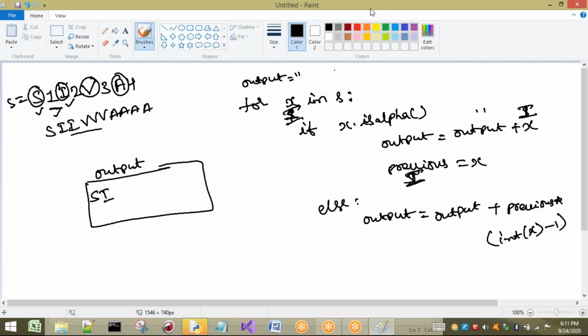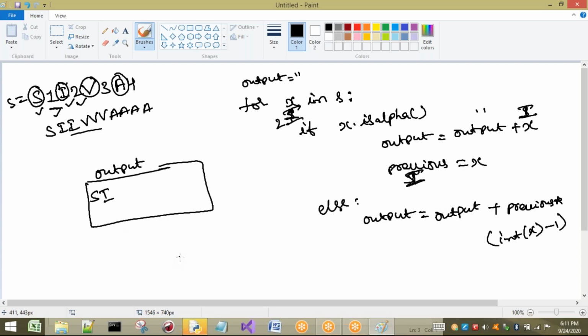Again it will go to the for loop. When we go to the for loop, x value will be 2 now. Is 2 an alphabet? No. So we go to the else case. Now listen carefully to the statement here: output equal to output.